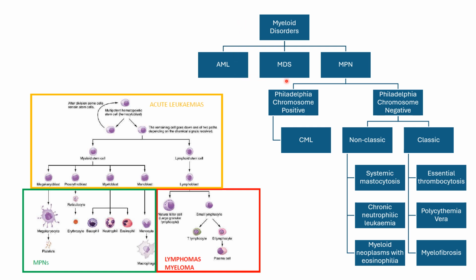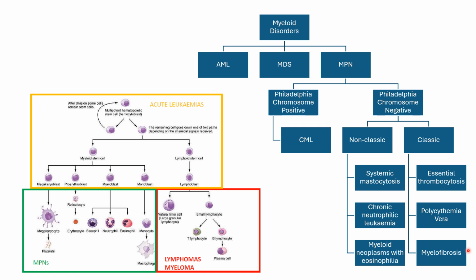Within that fall a few other conditions, so AML, MDS, and then a category called myeloproliferative neoplasms. A lot of the time when you've heard us talking about that before, it's largely in reference to the Philadelphia chromosome negative classical MPNs, which are ET, essential thrombocytosis, polycythemia vera, and myelofibrosis associated with